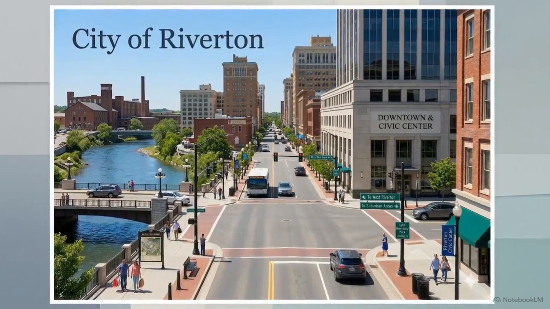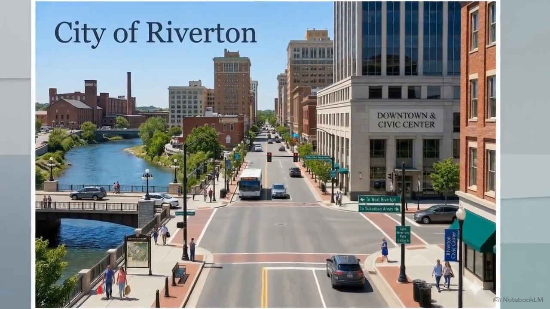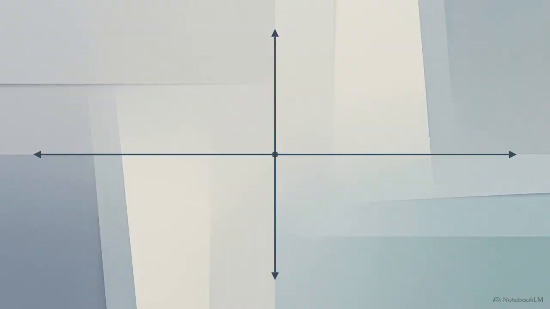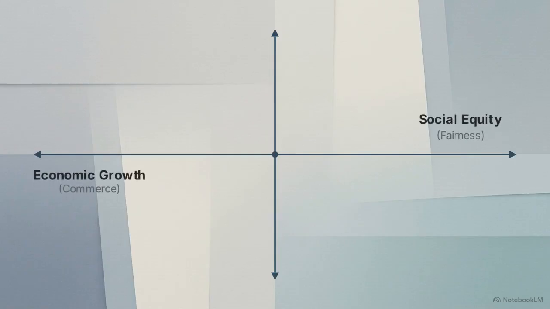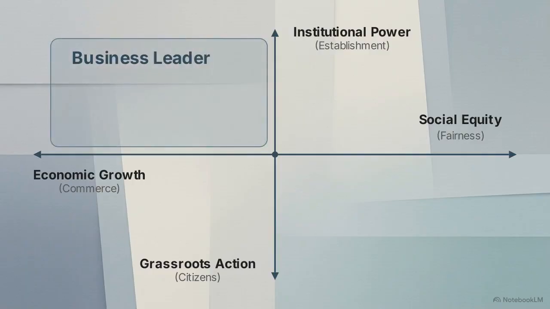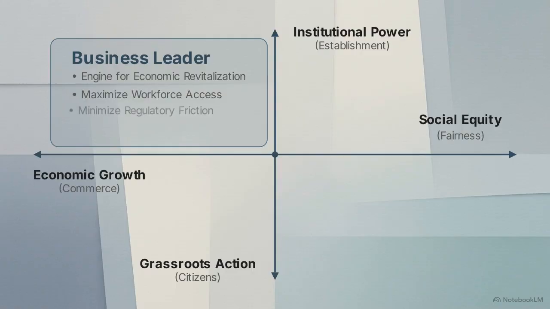These tensions converge downtown, where the city's power brokers bring entirely conflicting demands to the economic domain. We can map these competing civic objectives using a multi-agent matrix, plotting economic growth against social equity and institutional power against grassroots action. Here, in the top left quadrant, is the business leader. From their perspective, the demographic shift is a clear engine for economic revitalization. They want to maximize workforce access and minimize regulatory friction, absorbing the new labor pool directly into the city's expanding